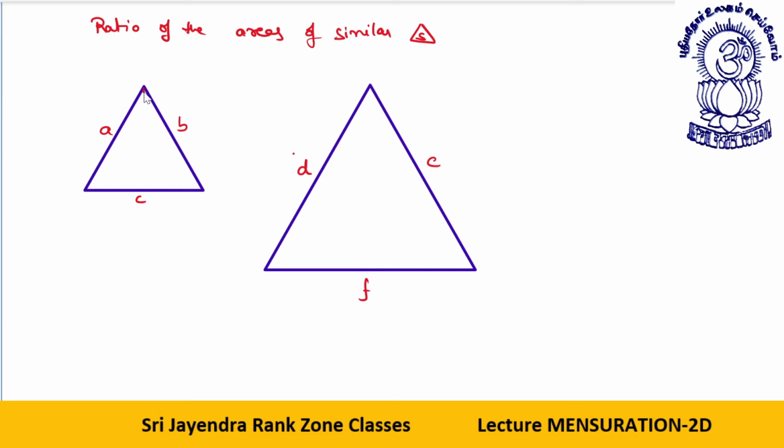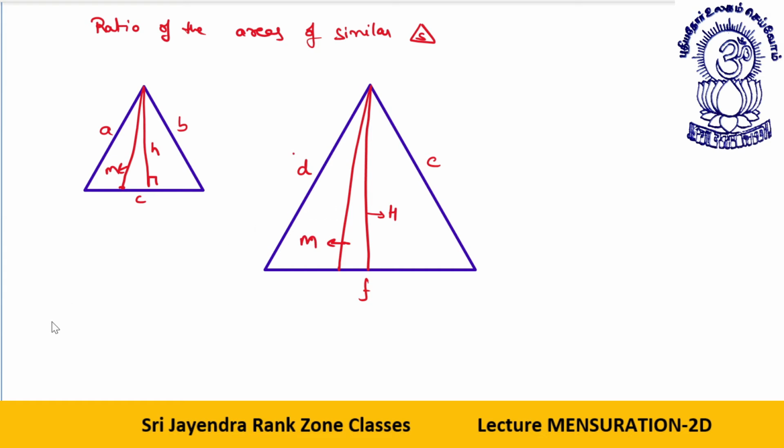Let's say this is the altitude, H. Here, suppose this is the altitude H. Let's say this is the median. I just say this is the median. I'm just assuming. Here, this is the median. Irrespective of the shape of the triangle, this is the median, capital M.